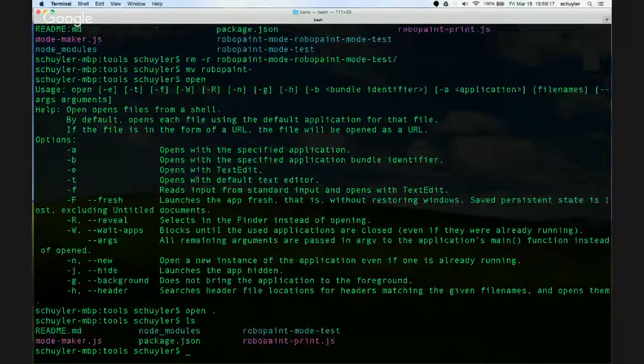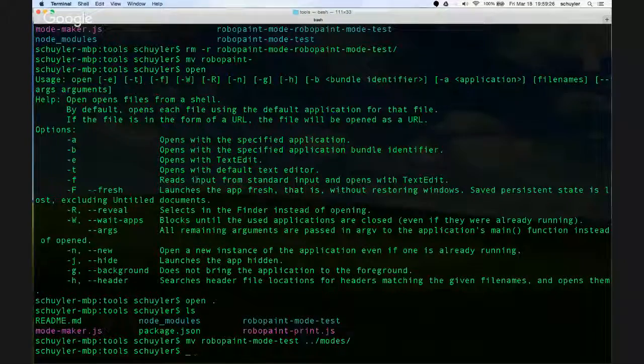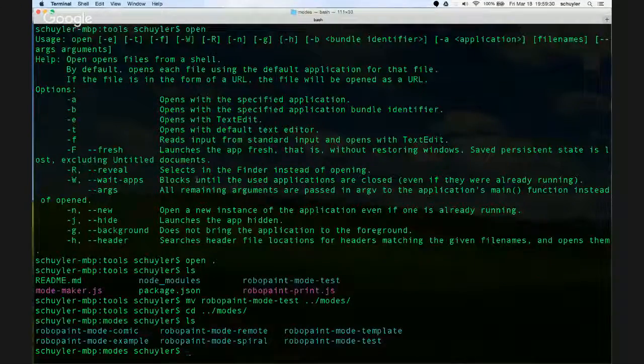And let me move this mode to a separate folder. RoboPaint mode test modes. And so now you see we move test to the modes folder. CD is change directory to move inside a folder.